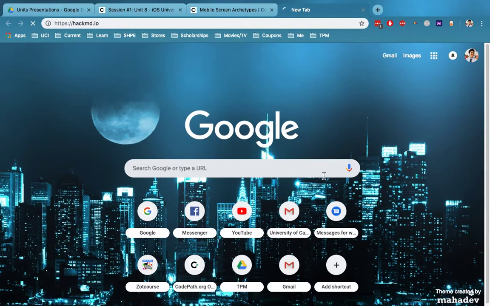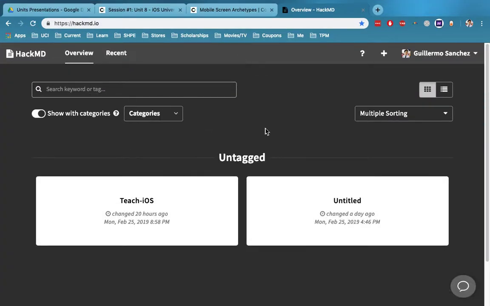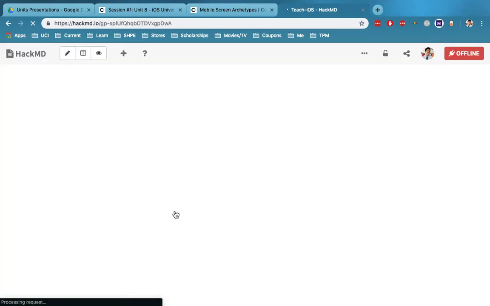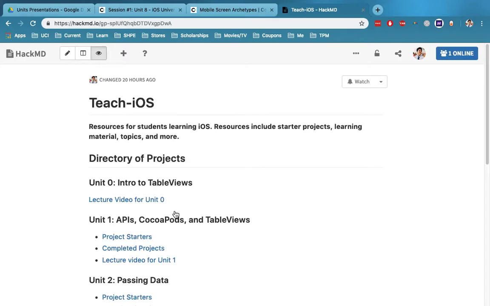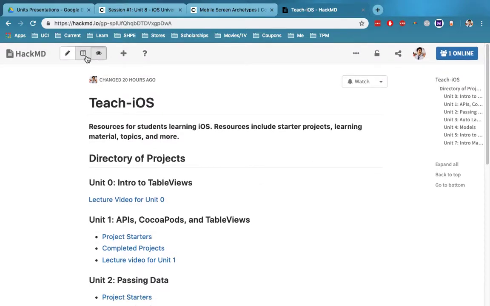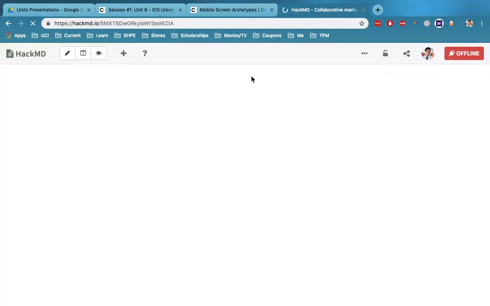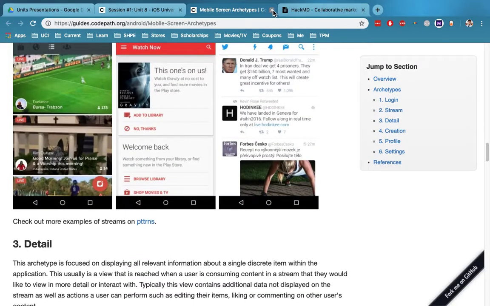So if you go to hackmd.io, you can create your first file, and I already created one for myself right here, and it basically has my GitHub, but everyone can edit it, right? So for example, let me use this one. You guys can find the template